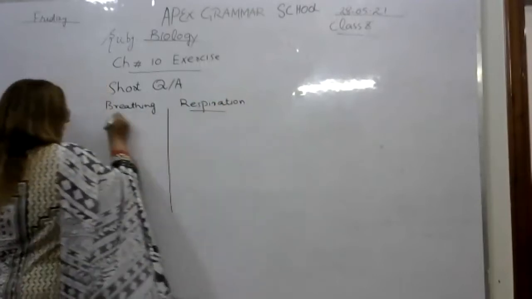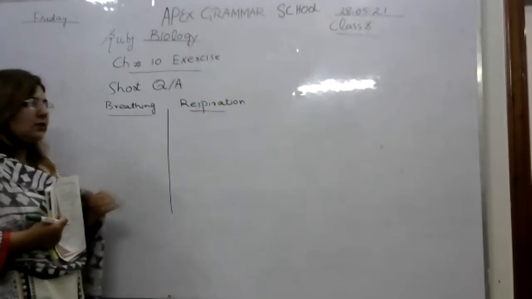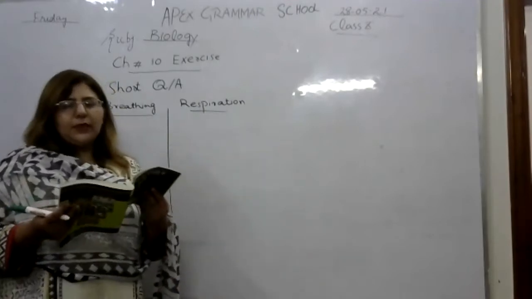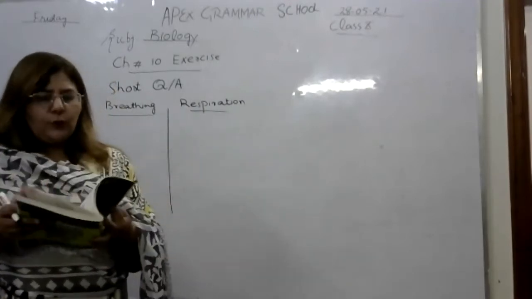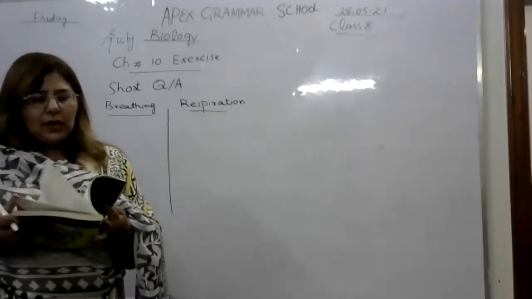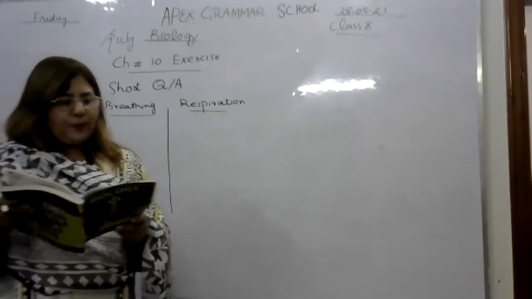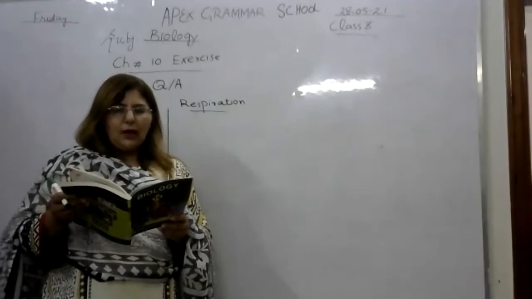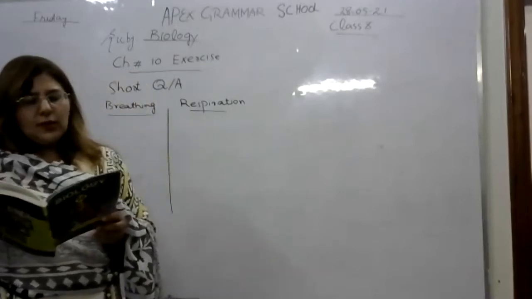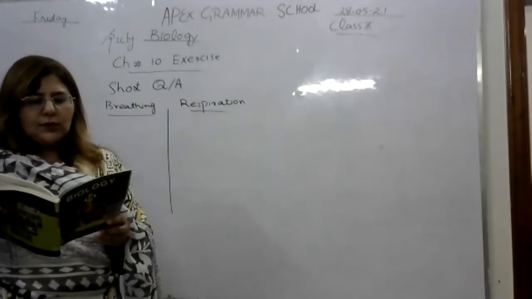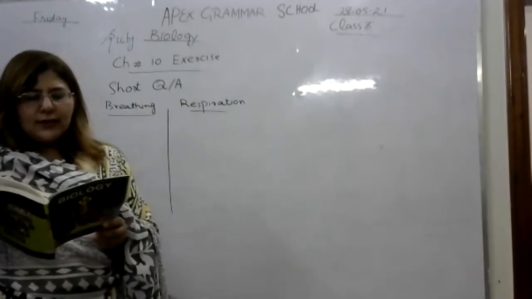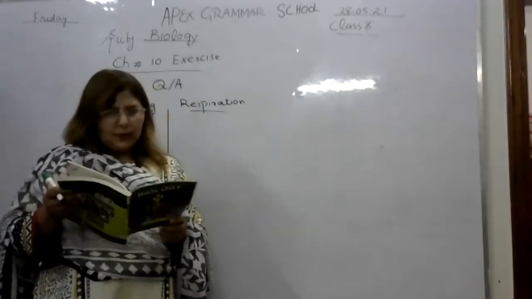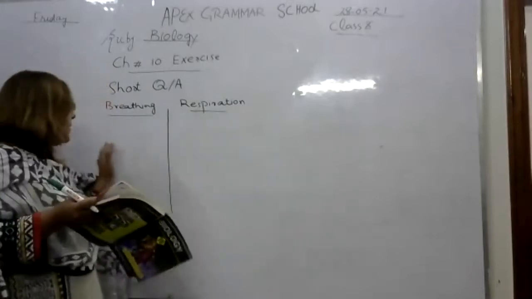When you attempt this question in your register, you have to make a column. You also discussed the definitions of breathing and cellular respiration in your book. Take out page number 2. Mark the answer in your book. Question number 2, page number 2. What is cellular respiration? It is given in the first paragraph, second line. Cellular respiration is the process in which the CH bonds in food are broken by oxidation reduction reactions and the energy is transferred into ATP. This is your cellular respiration.